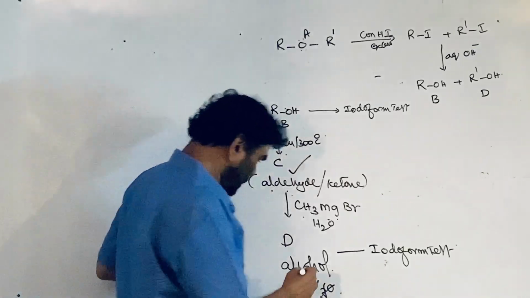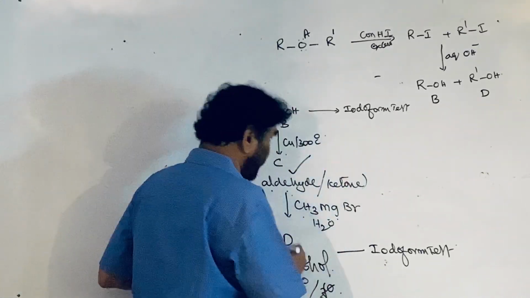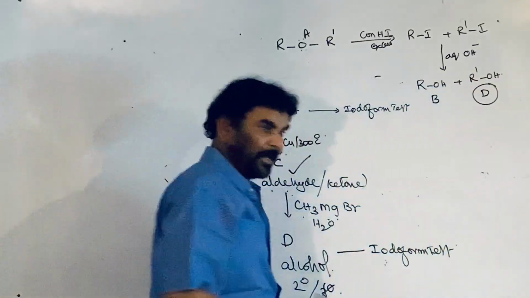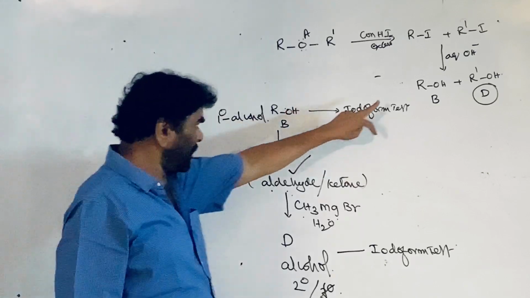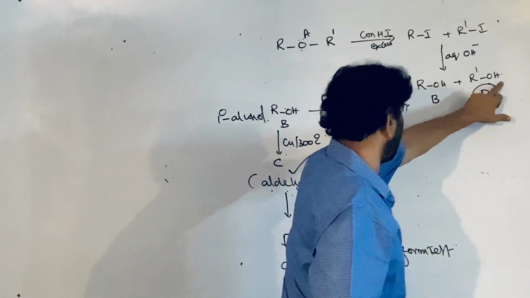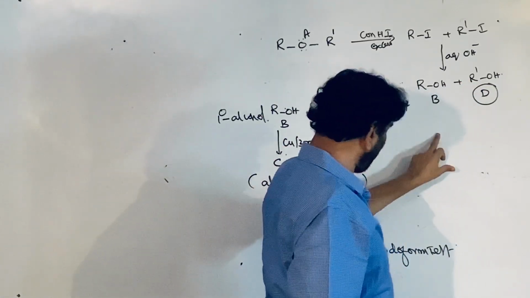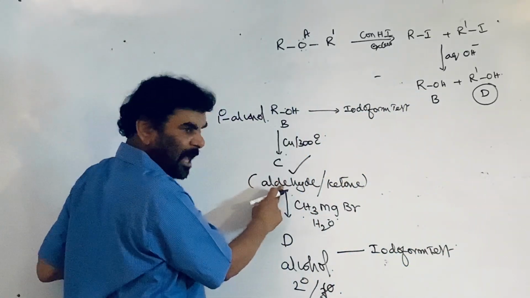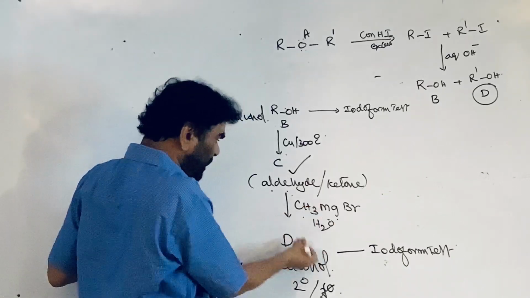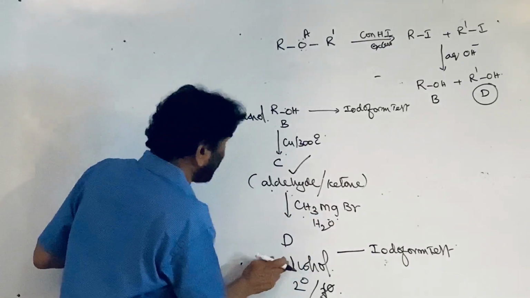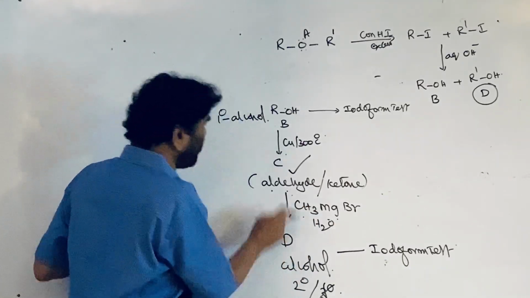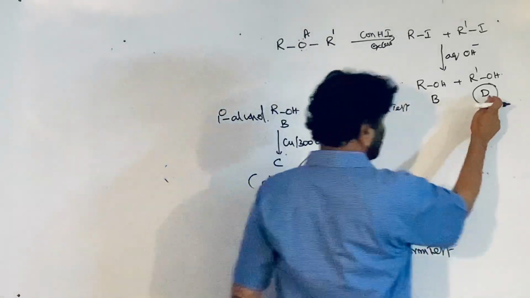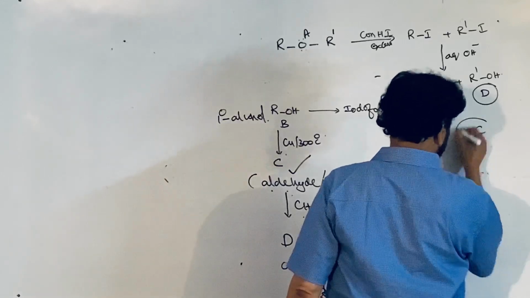See, the name is D. So here also D is formed. The R prime OH also gives D. So what is the relation between the ROH and the R prime OH? This on oxidation followed by treatment with methyl magnesium bromide. Here to here no change in the carbon atoms. Here to here one methyl group is introduced. So this alcohol contains one carbon atom more than that of the B. So now this and this differ by one carbon atom.